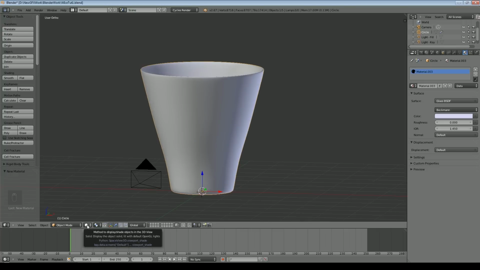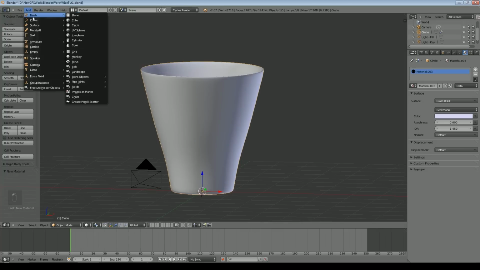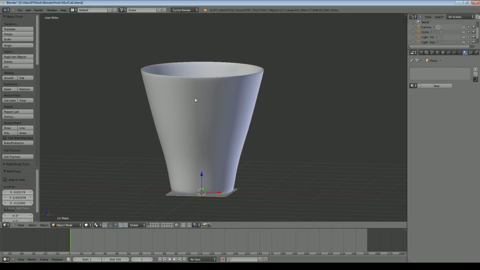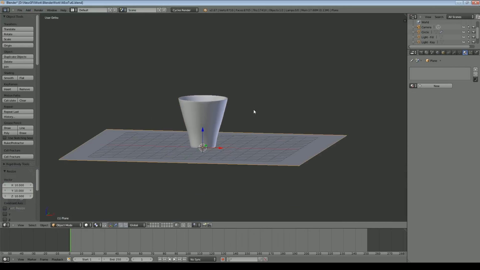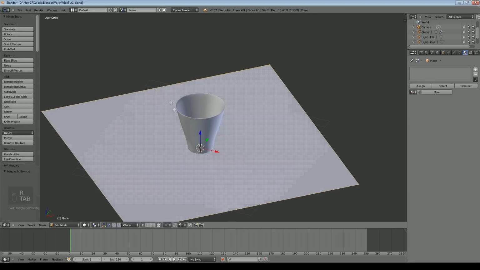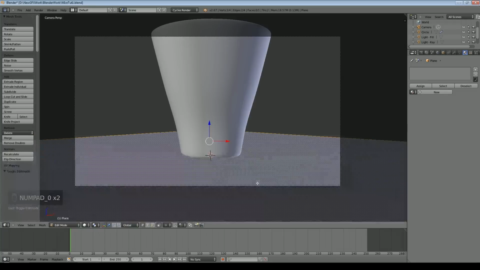In fact, before I do that, I'm going to add a plane, scale it 10 times. I'm going to rotate it on the Z-axis 45, go into edit mode, just checking where the camera's looking from.